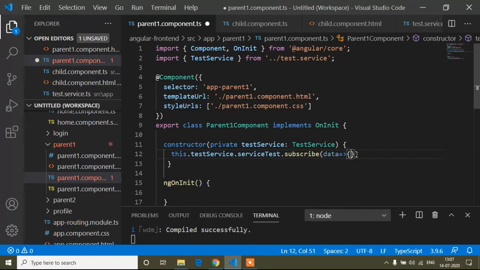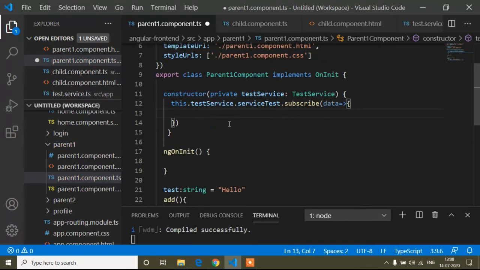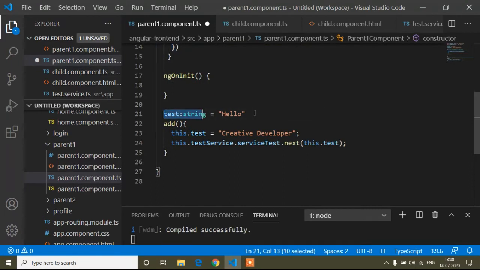ES6 means JavaScript 6, and now I will store the data. Data means which is updated now. Updated now means here I update the test variable to hello to creative developer, and I'm sending this test variable's value in our service test variable.